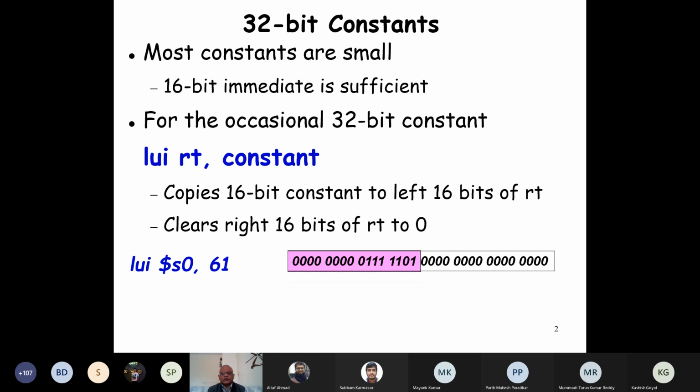It gets loaded in the upper 2 bytes, and the lowest 2 bytes are set to 0. That's the effect of this instruction. And then it becomes very easy to set the lower bits. We use an instruction like OR immediate, and let's say we want to set 2304. So by using two instructions, we can load a 32-bit constant.